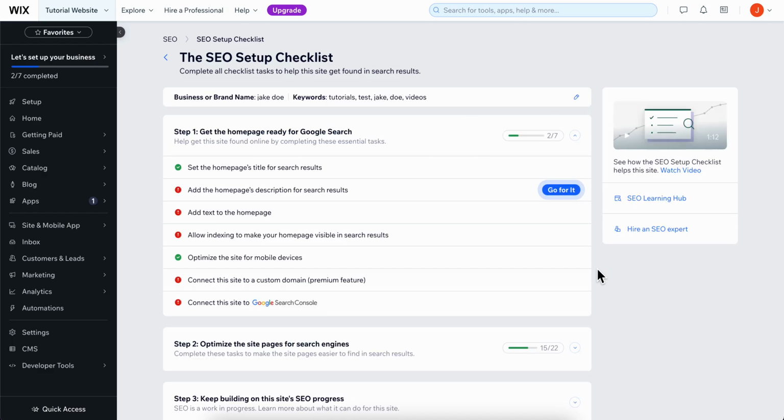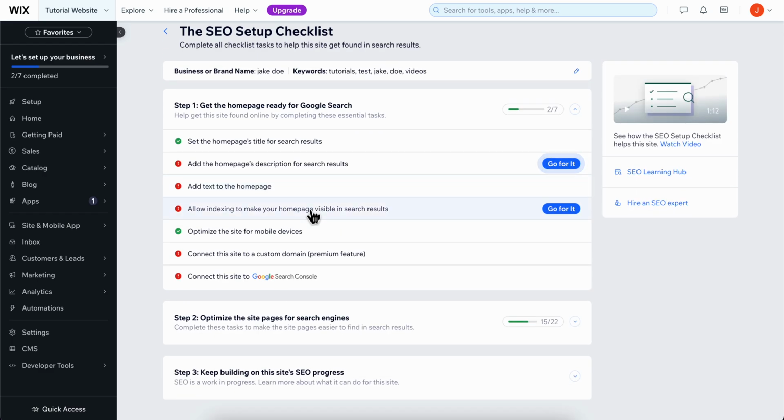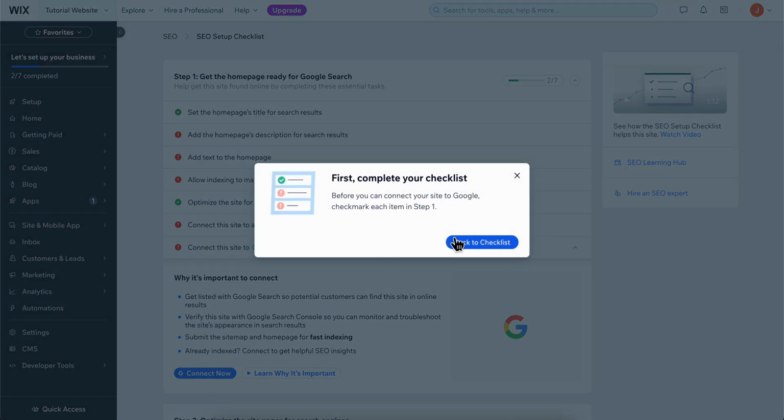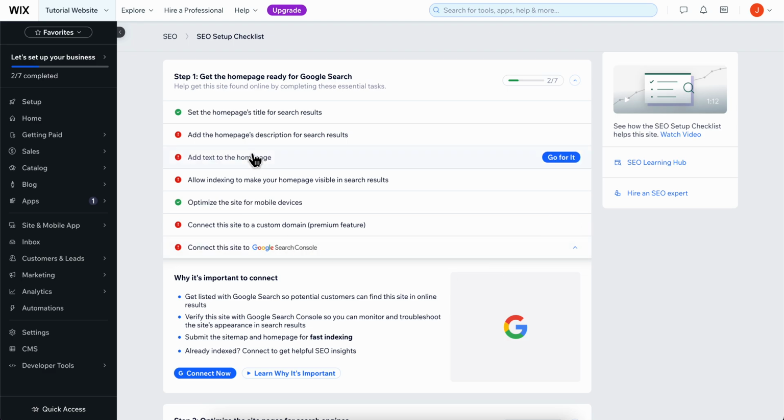Now here, as you can see, we're gonna have this option to connect this site to Google Search Console. Then simply click on connect now. But first of all, you're gonna have to complete all these setup first, and after that you're gonna be able to connect